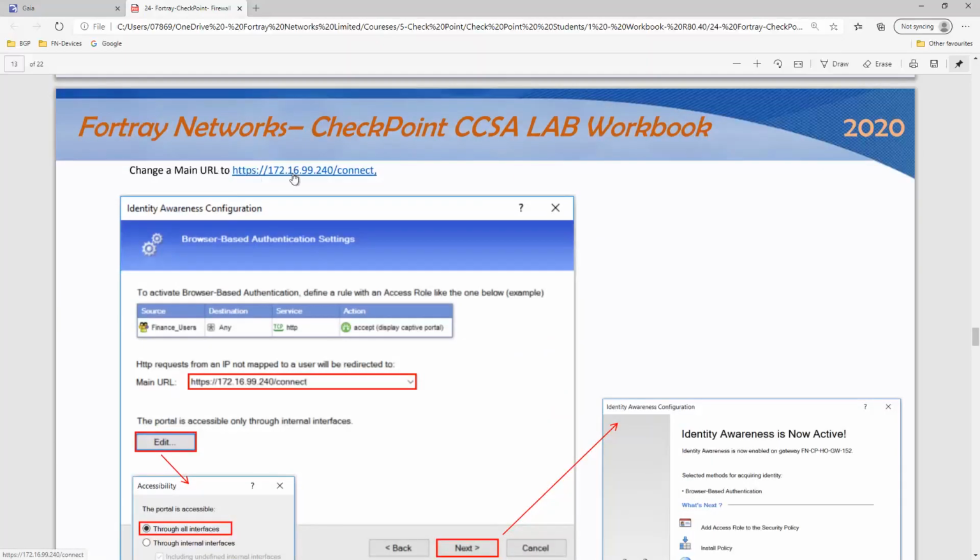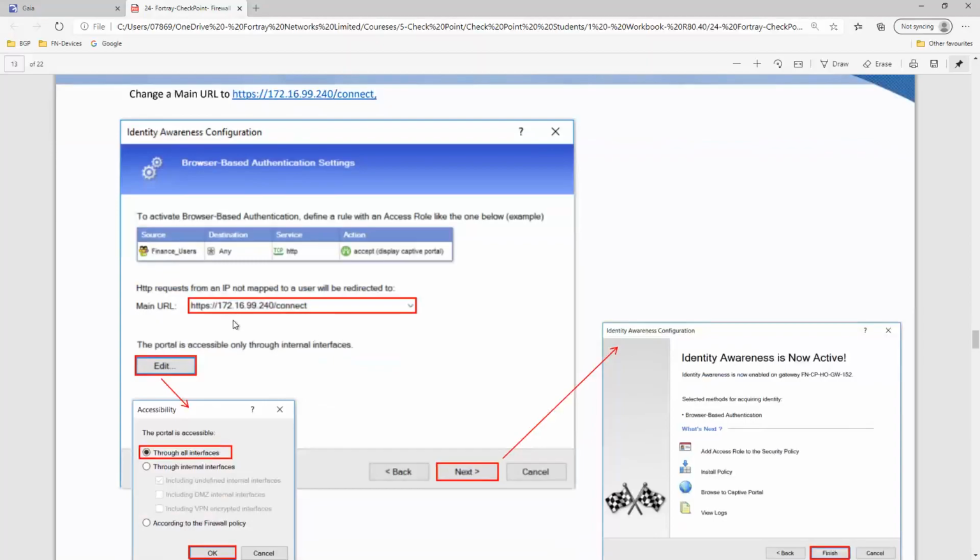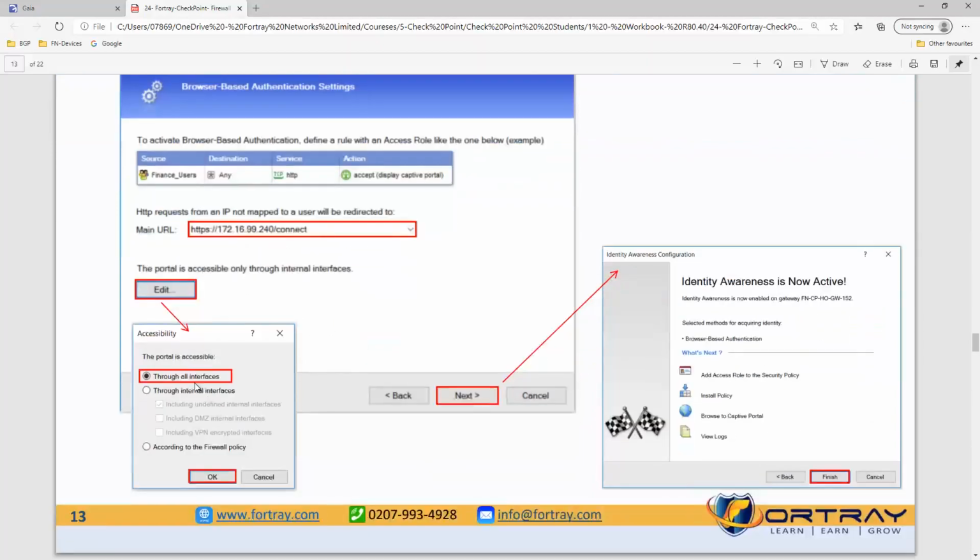So basically, this URL will allow users to authenticate themselves in order to use it. That's our main browser interface to all the interfaces. Identity awareness is now active.